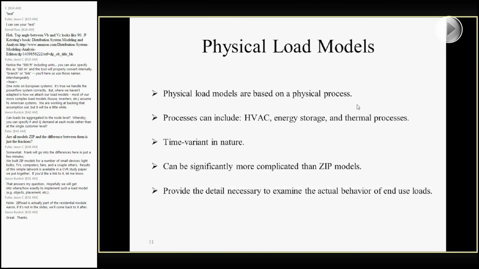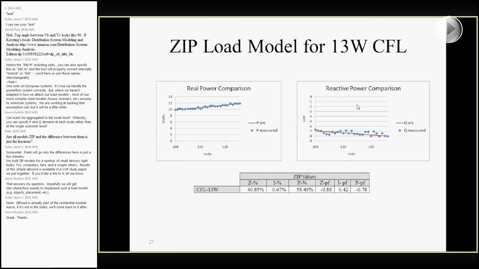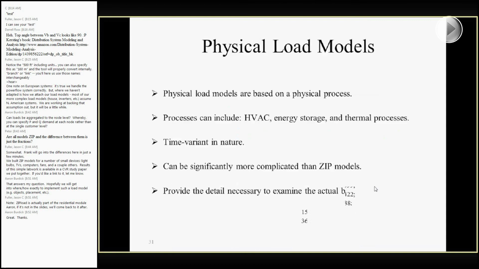And that CFL example earlier actually fits really well into this, where if through some form of measurement you know exactly what the ZIP fractions and the ZIP components are, you can plug those in, and that ZIP load now becomes a physical representation of a compact fluorescent light bulb. It may not be useful to model a 13-watt compact fluorescent light bulb in your system, but depending on what you're looking at, you may want that level of detail. So it allows you to go down to the explicit individual device if you need it,